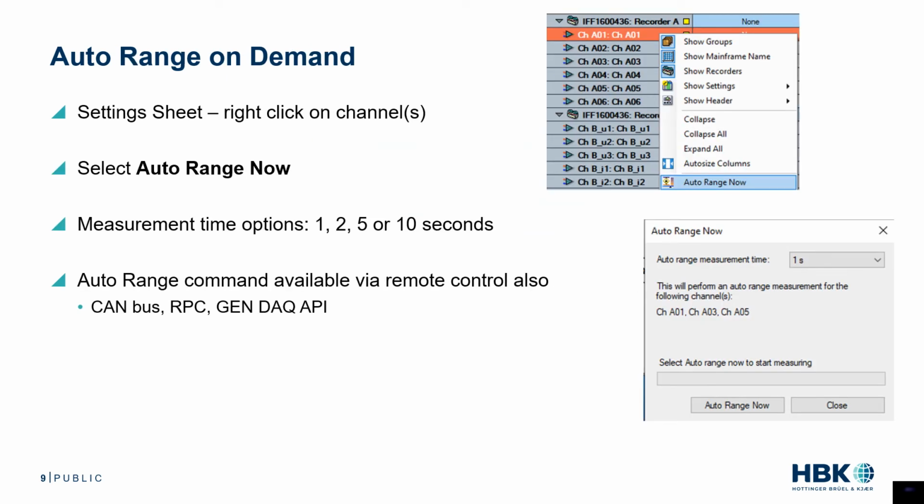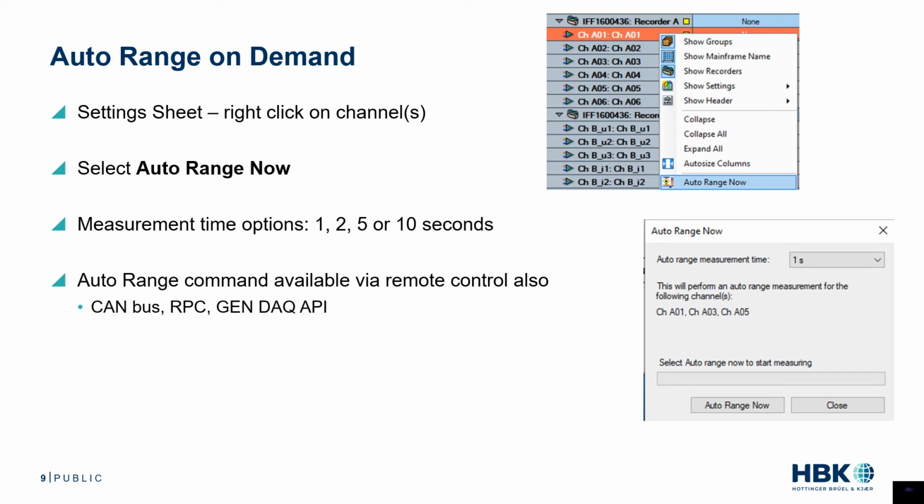The user can also command a channel to perform a one-time auto range based on the signal input at the time the command is received. The command is available in several locations. In the settings sheet, right-click on a channel and select Auto Range Now. If multiple channels are selected in the settings sheet, select Auto Range Now from the Settings menu to open a dialog. The auto range measurement time can be set to 1, 2, 5, or 10 seconds using the drop-down list